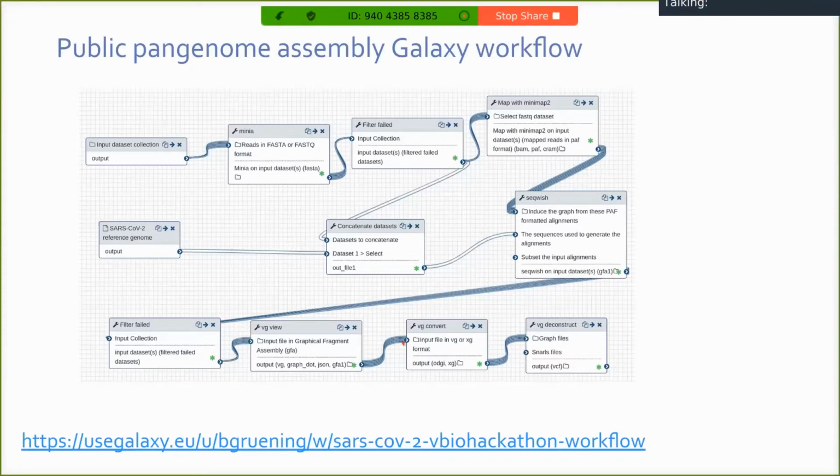And the tools that have been integrated are now accessible via a web interface. So you don't even need to have a command line interface to execute your tools. You just go to this website and execute Minimap or any other tool for your COVID-19 research, and it will be executed on the cloud.